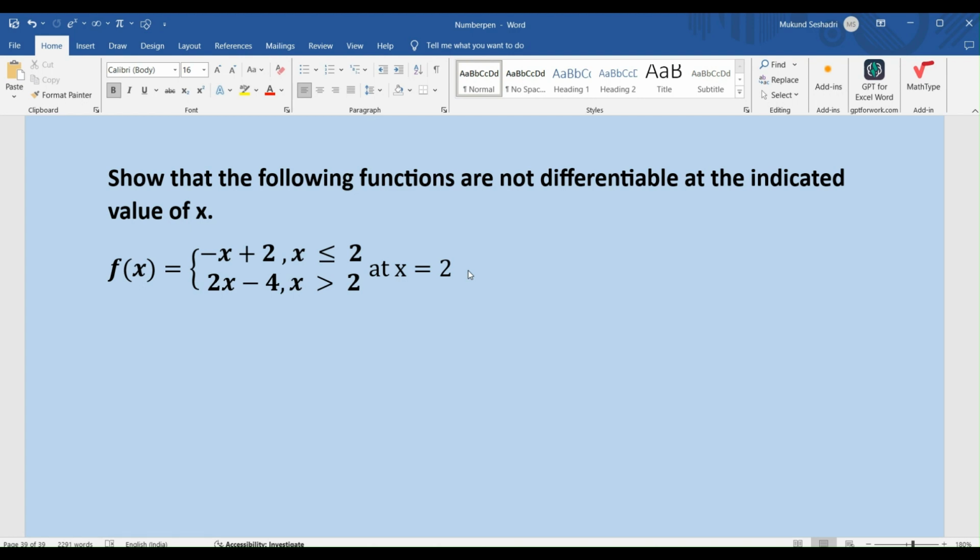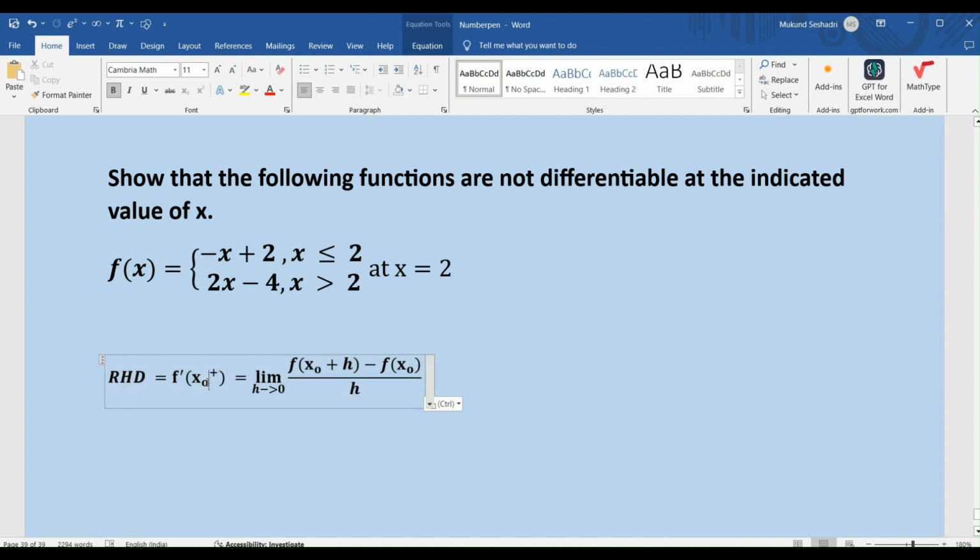So let's write down our RHD first. So this is our RHD, which is called the right hand derivative f dashed of x naught plus, where x naught is the point at which you are examining the differentiability. Limit h tending to 0, f of x naught plus h minus f of x naught divided by h, right? And what is our x naught in this case? Our x naught is 2,